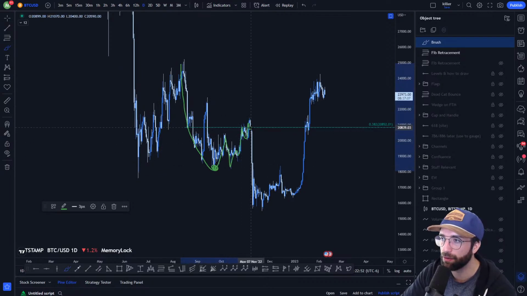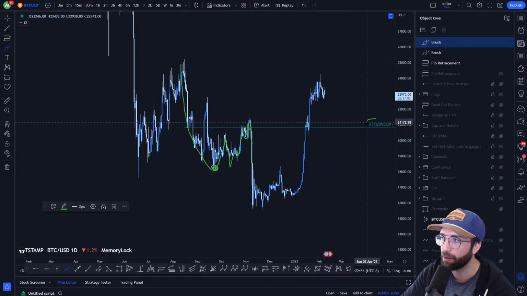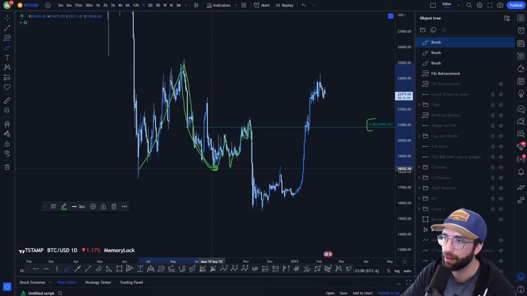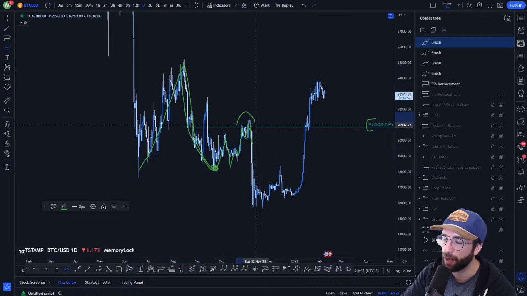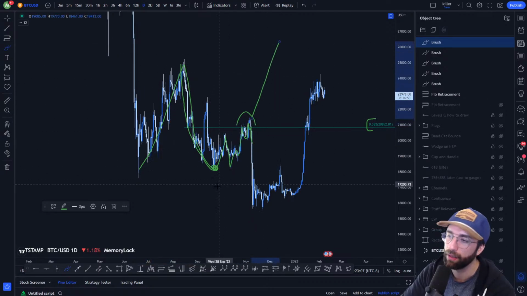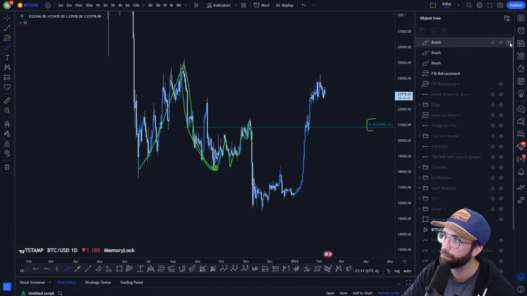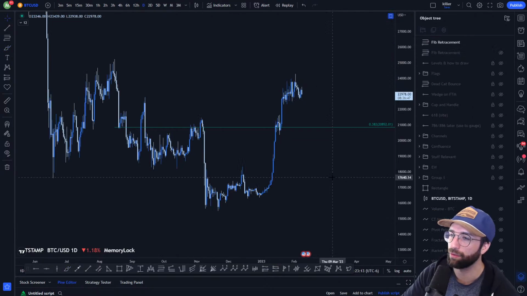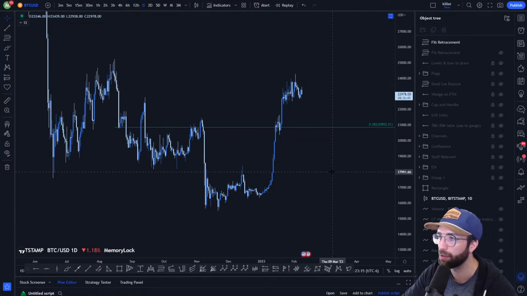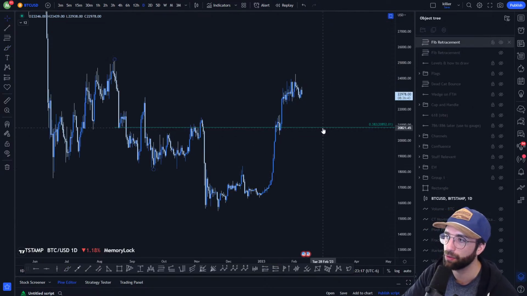And that bounce failed to take out the 382, right? So this was, in the event, this move down here and then this, right? This was a dead cat bounce. It wasn't the beginning of a new rally to take us higher. And that was ultimately shown with then a move down, right? So again, you can use it to gauge,